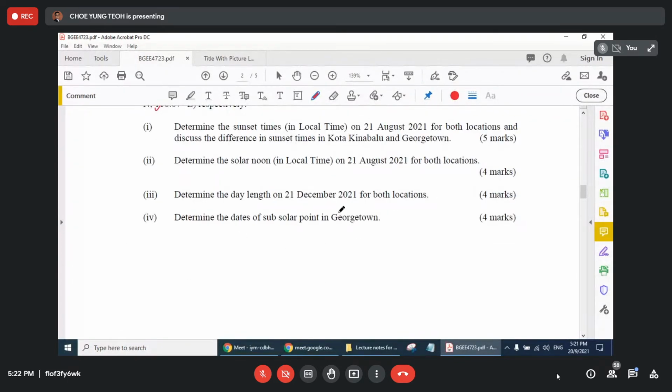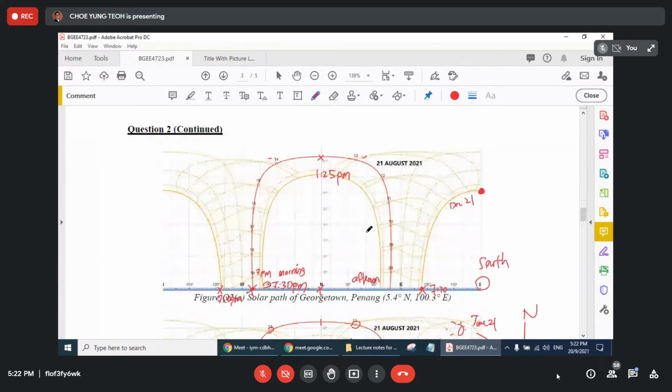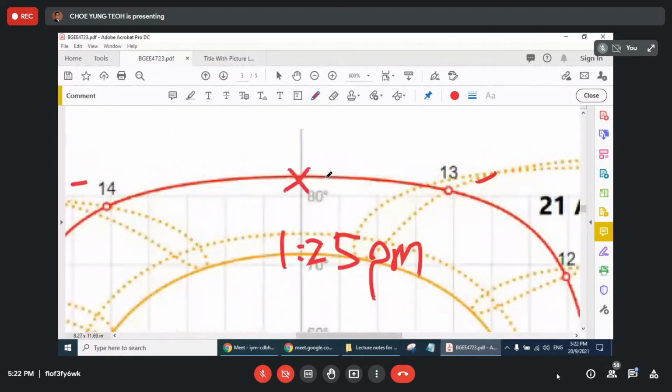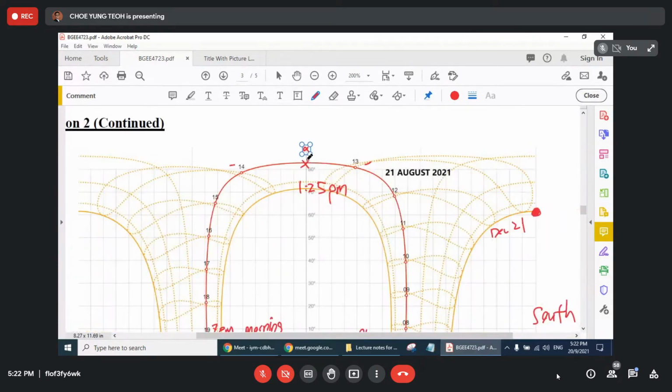And then the last one is to determine the date of the sub-solar point in Georgetown. Sub-solar point in Georgetown means that alpha equals 90 degrees at solar noon. So which point do we have alpha equal to 90 degrees at solar noon? So this one you have to refer to the graph. So it can be at this one 80, so it can be at this point, or can be at this point,